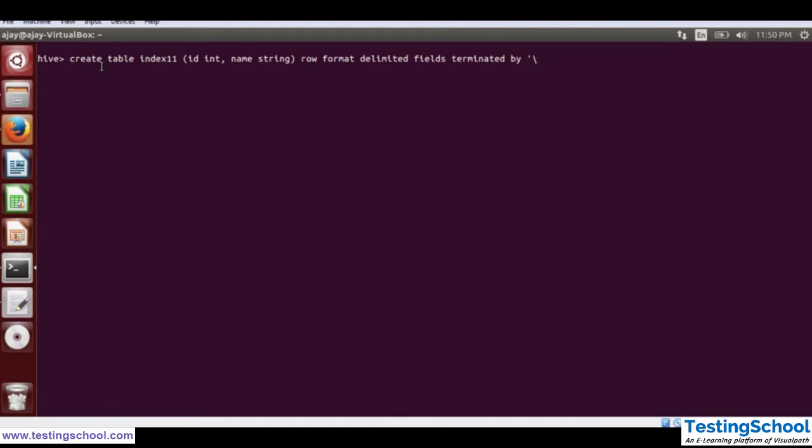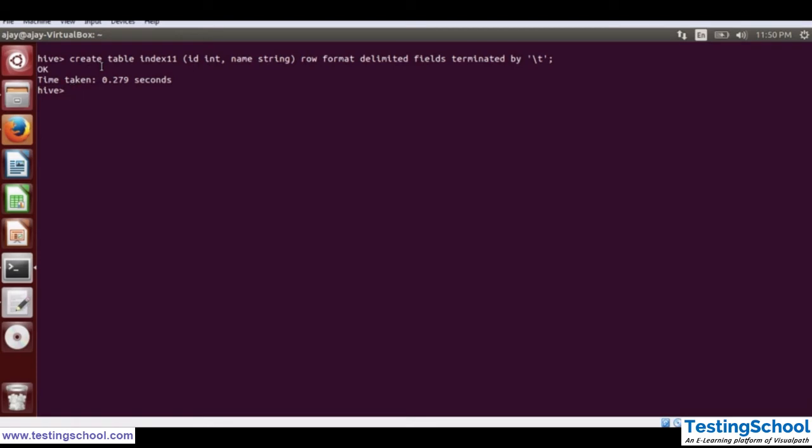So let's say I'm defining \t that is used for tab. So let's create the table for our index. So now my table is created. So let's do one thing.